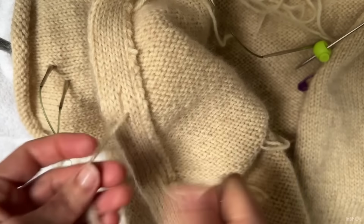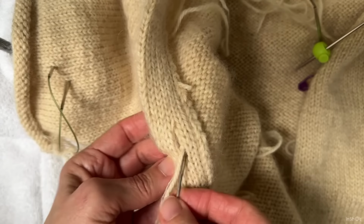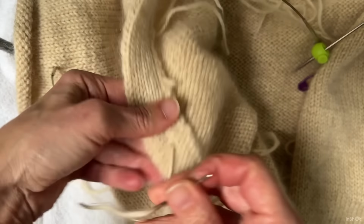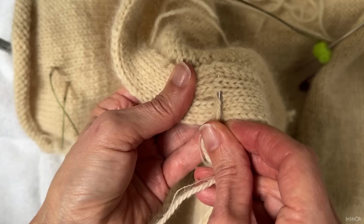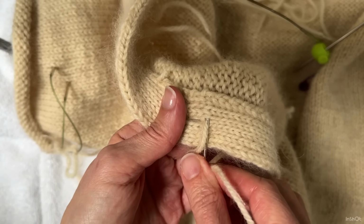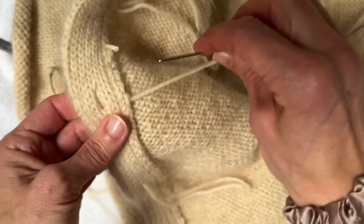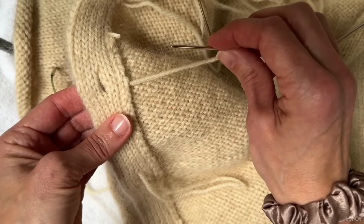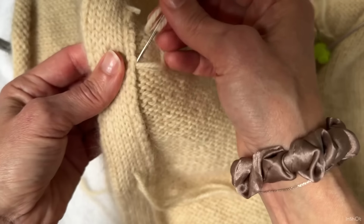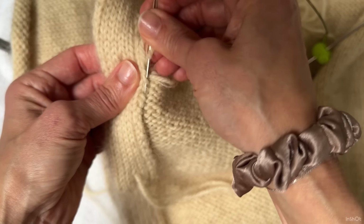So I'm just going to sew in these ends, and because this is double knitted fabric, you can actually put the yarn on a tapestry needle and push it in between the two layers of fabric so that you can't see it over to the side. And then I think in the Petite Knit video she does like a knot here, and I just don't like doing knots in my knitting, so I'm not pulling this too tight because I don't want to distort, so I'm just pulling it across, and then I'm going to weave it, or rather sort of pierce the yarn and go down that pickup line,